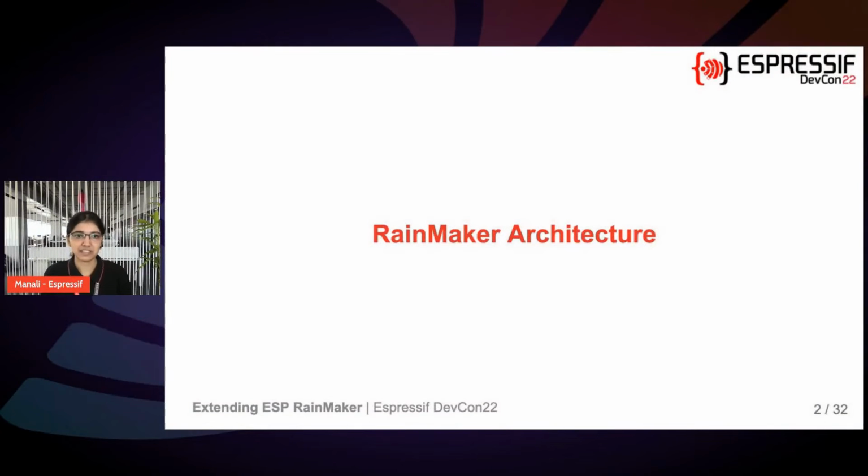But before going into what extending RainMaker is and in what ways you can do it, let us see what ESP RainMaker is. ESP RainMaker is Espressif Systems' cloud offering, which provides an end-to-end solution for all your IoT products. Because of this, you can focus on your innovative core offerings and we focus on the common technical functionalities. So let us see what the RainMaker architecture is so that we know what is offered as part of